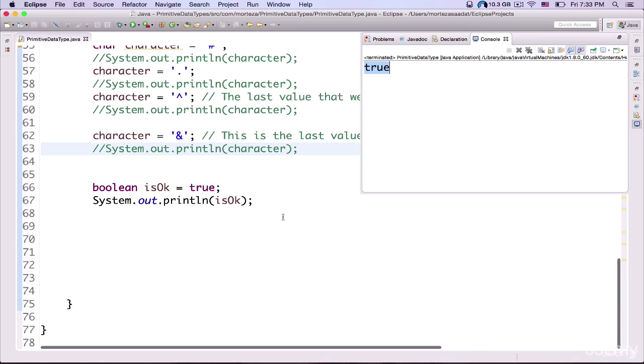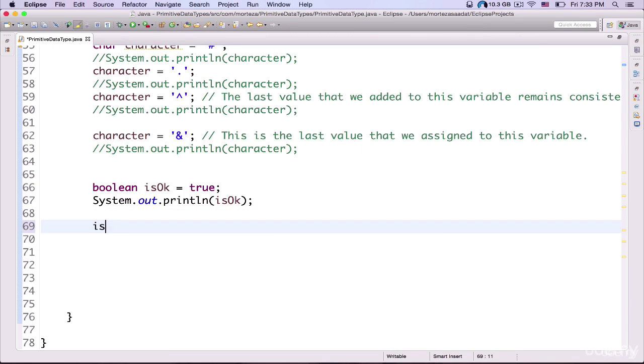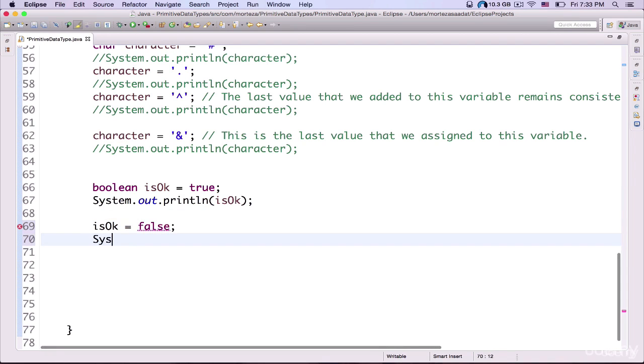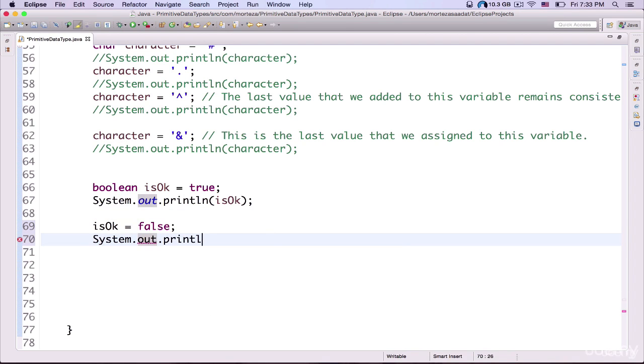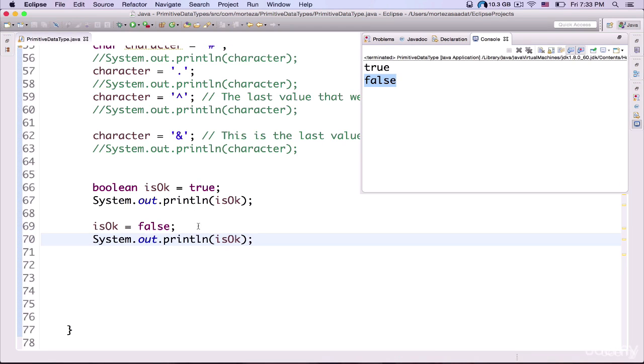Let me assign another value to this variable. Now I assign false as the value of this variable. Now I want to output the value of this variable to the console, System.out.println, and then inside the parentheses just refer to the name of this variable, and put a semicolon at the end of your statement and run your project. As you can see,